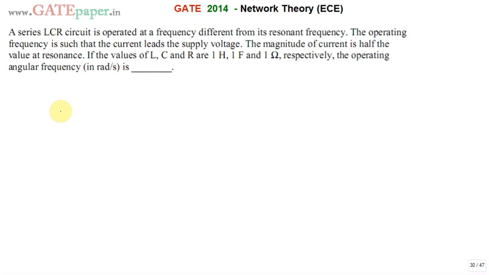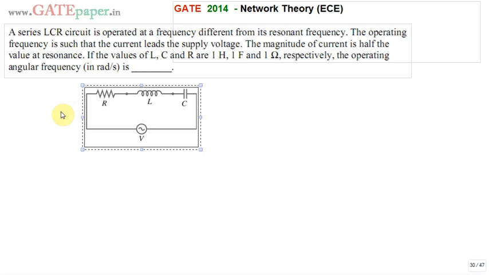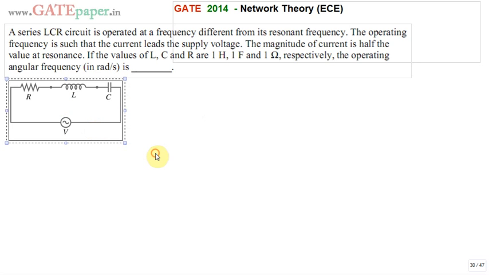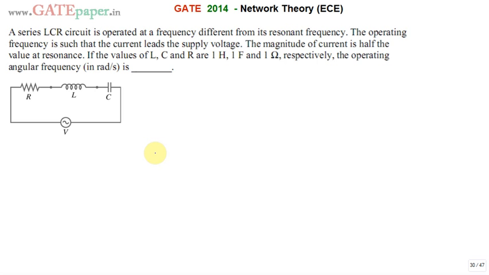Okay, so this is a simple series RLC circuit, where V is the voltage applied. Assume that the current flowing through it is I of omega at any frequency. Omega is nothing but the angular frequency, so we are going to find the omega value. I of omega can be written as